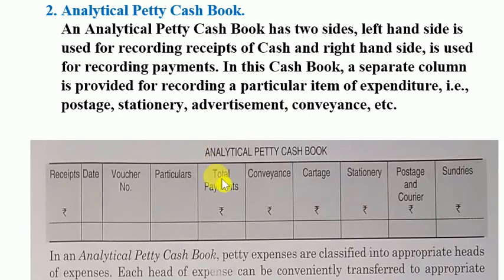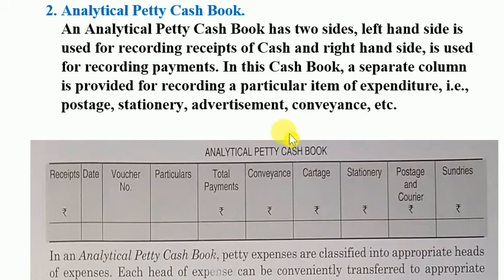So the total payments incurred in a business will be recorded here, and out of this payment, how much expense was incurred in conveyance will be recorded here. How much expense was incurred in cartage will be recorded here. How much expense was incurred in stationery will be recorded here. How much expense was incurred in postage or courier will be recorded here. So here we'll record the particular expenses,